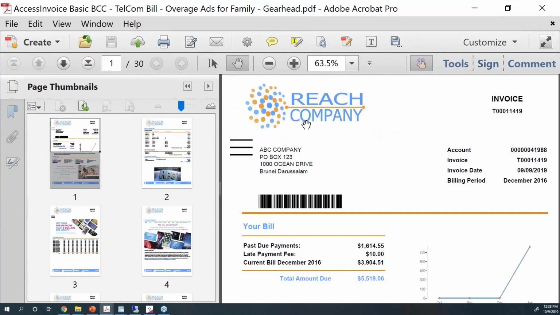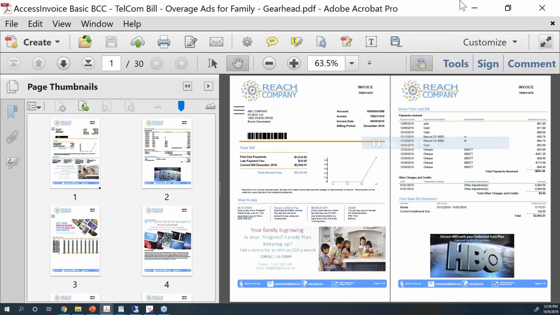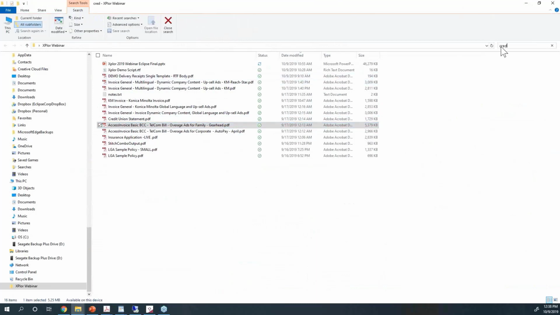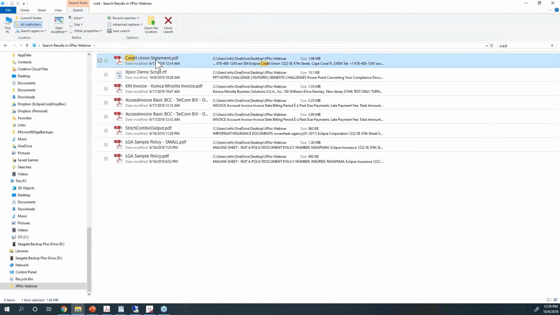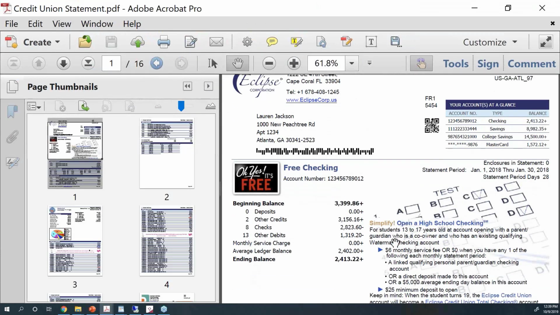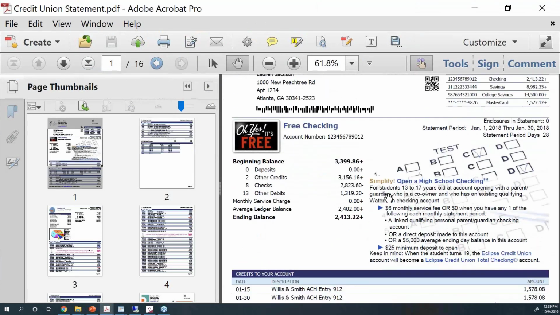Leslie, you want to take that one? You want me to? Oh, yeah. So actually, great. I will bring it up. In our credit union form, that's a good example. Let me see if that's here. I'm actually going to search. The credit union form has rich text in it as well as images. So right here, this is all rich text, and if I show you in the GUI